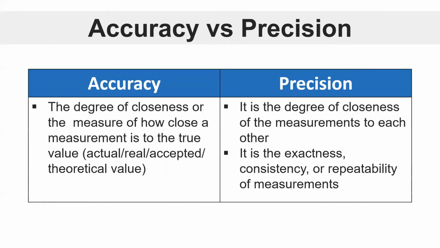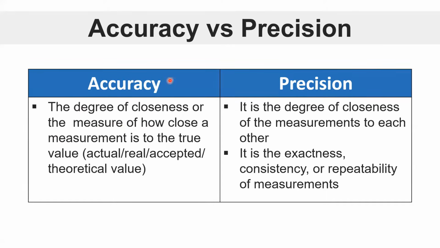So here is a comparison between accuracy and precision. Accuracy is defined as the degree of closeness, or the measure of how close a measurement is to the true value. So yung true value natin dito is also called the actual, the real, the accepted, or the theoretical value. So, gaano ba kalapit yung measured value, yung obtained value or your experimental value to the true value